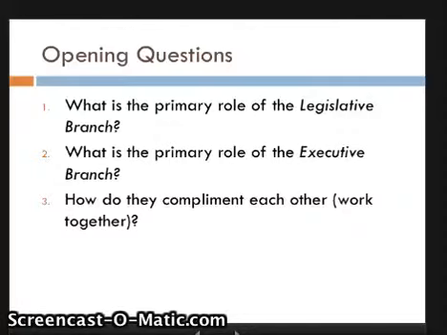Today we're going to be doing notes on an introduction to the bureaucracy. What I want you to do first is to take out a separate sheet of paper and answer these 3 questions on it. You will be turning this in when you come to class in your folder during the warm-up. But you should also be taking notes on a separate sheet, which I will also be checking just for completeness.